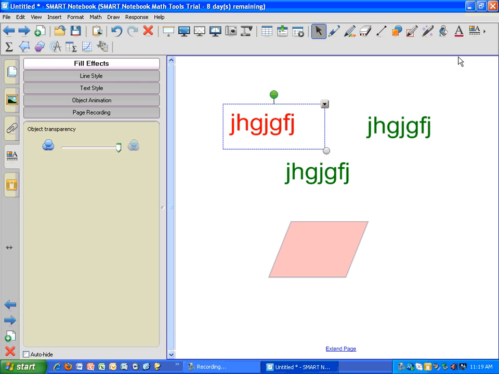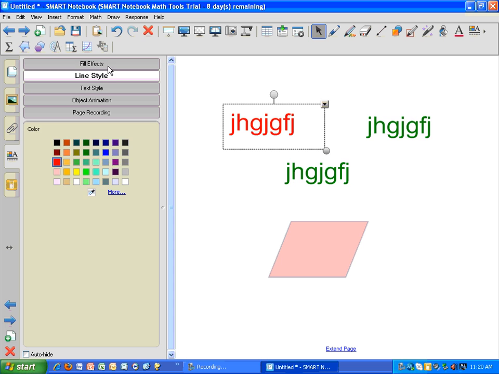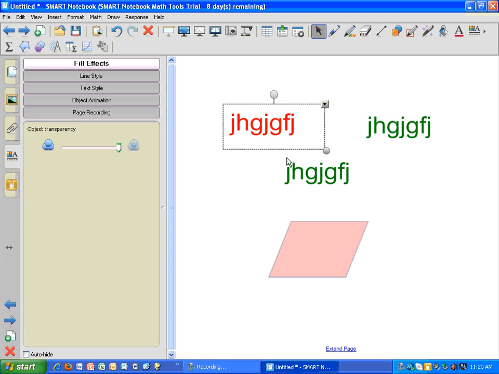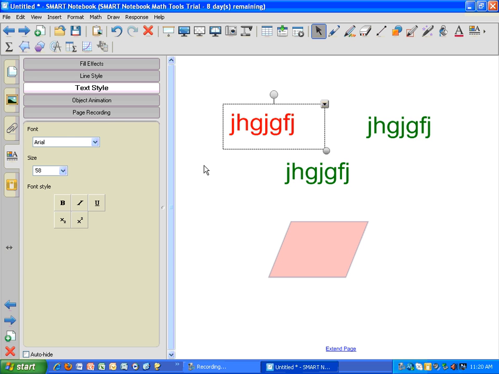Again, this is just the properties button. Your best bet is just to start playing around with it a little bit to see exactly what you can do as far as if you can change shapes, if you can change text. Really allows you to customize your lesson the way that you would like. So again, that's just a very basic overview of a lot of the toolbar icons that are at the top